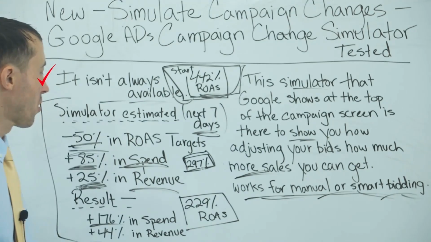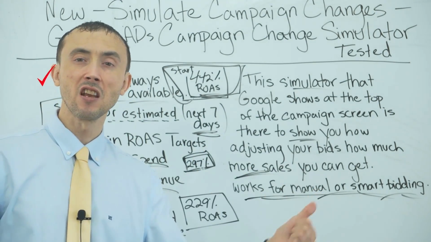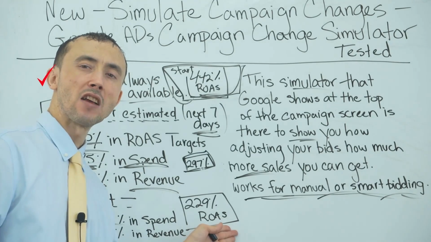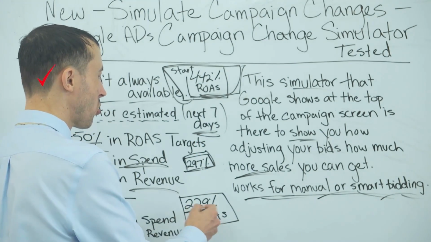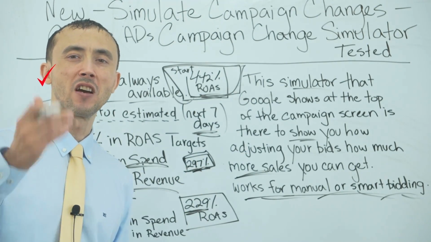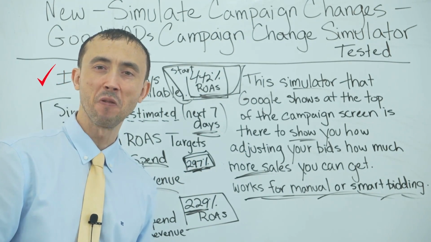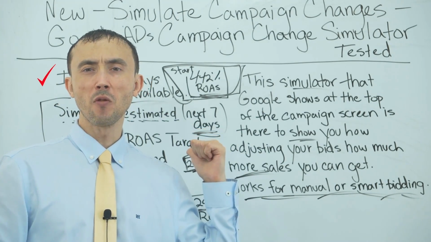So moral of the story here, it spent a lot more than it said it would spend. It got more sales than it said it would get. The ROI/ROAS was not what it said it would be. It was 229% ROAS instead of the 297 it said it would deliver if we cut our ROAS target in half. That right there should tell you if you go ahead and you try to go for more sales in